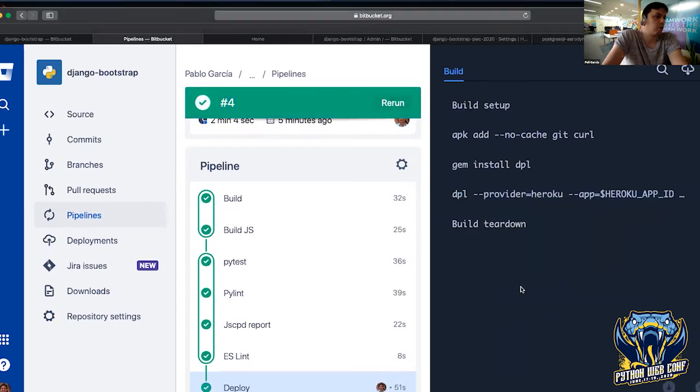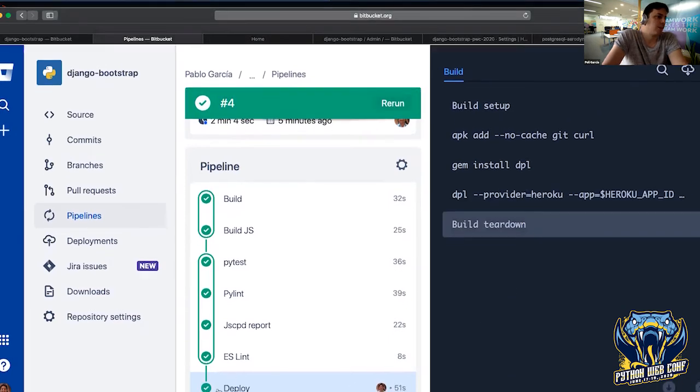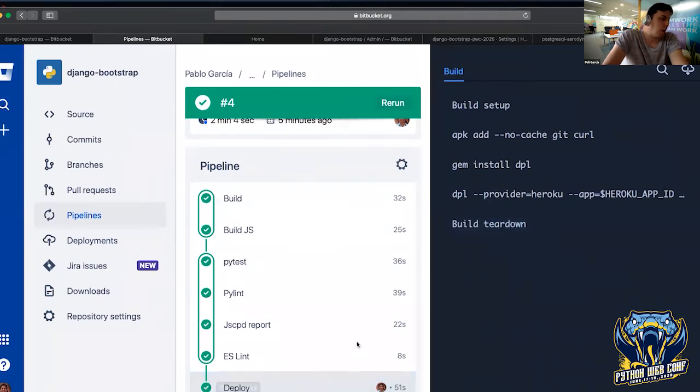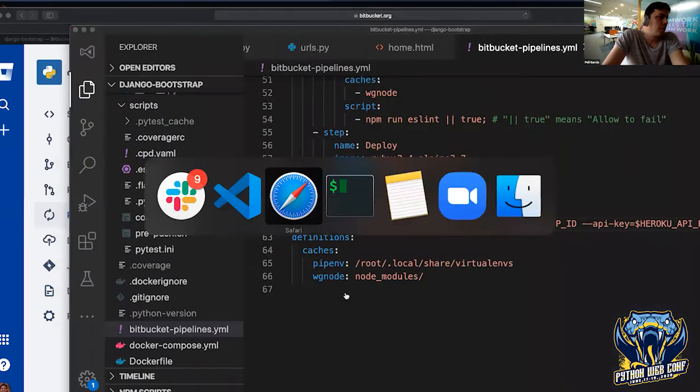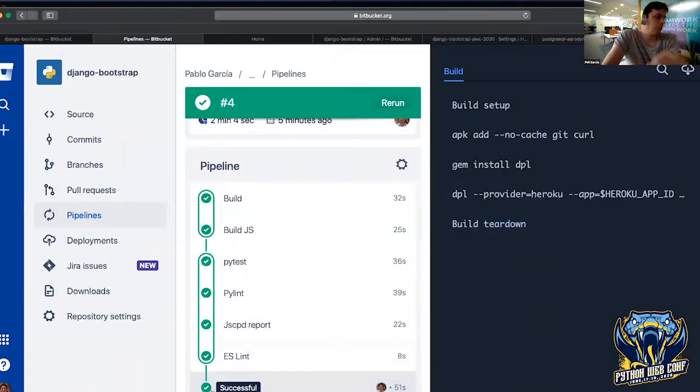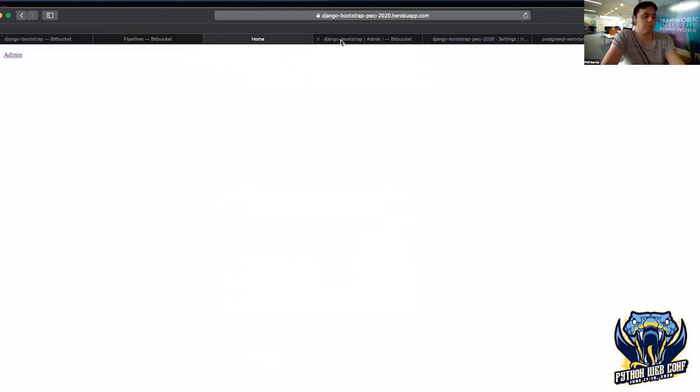Okay, so the deployment finished. This screen means that the deployment was submitted to Heroku, but not necessarily that it was successful. So let's refresh here. Okay, it was successful